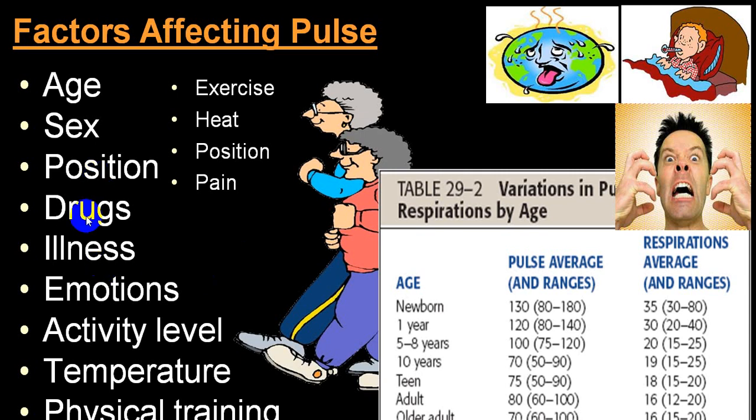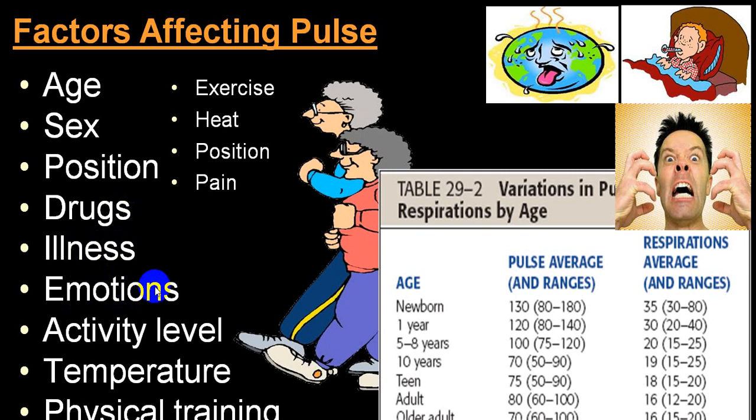There are some drugs which can increase your heart rate. Certain illness can increase or decrease your heart rate. Same way drugs can increase or decrease the heart rate. So this you will have to keep in mind. Because in case of say enteric fever, you will have a relative bradycardia. So in some cases you can have a relative bradycardia.